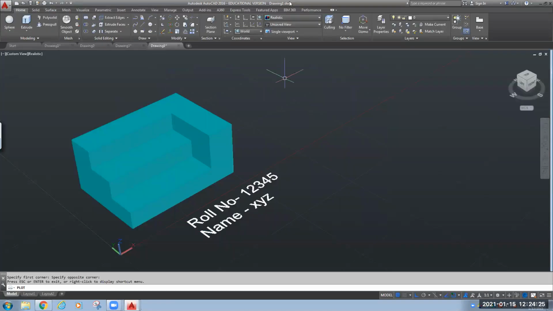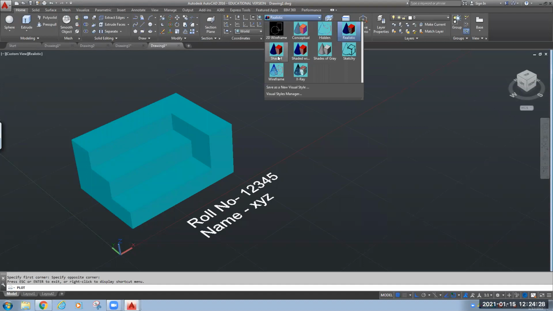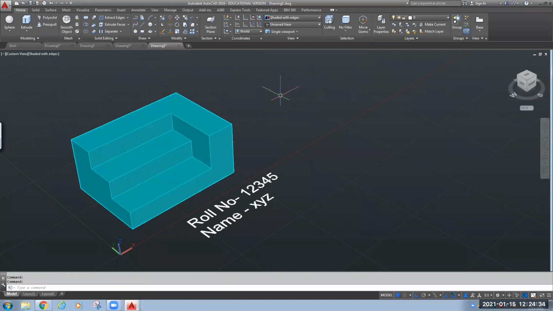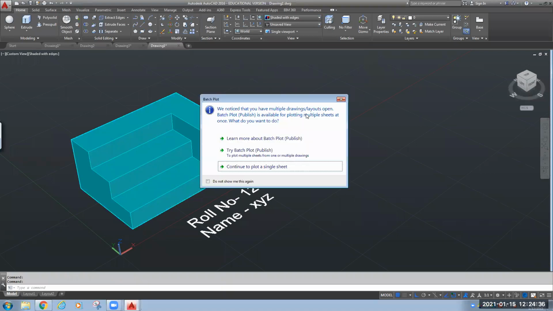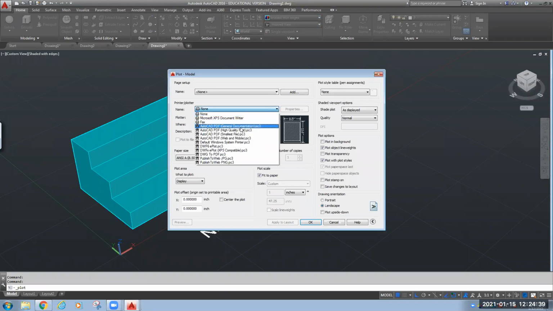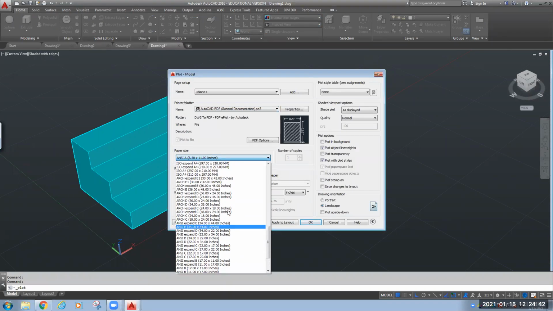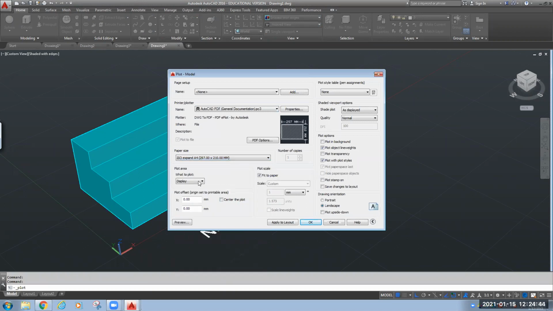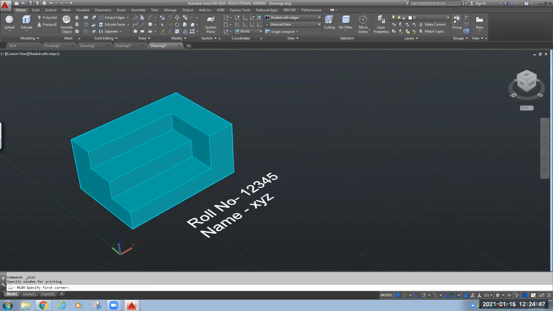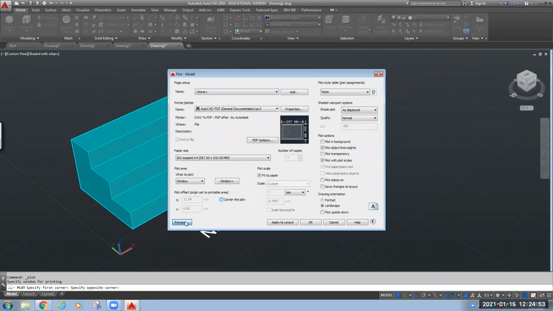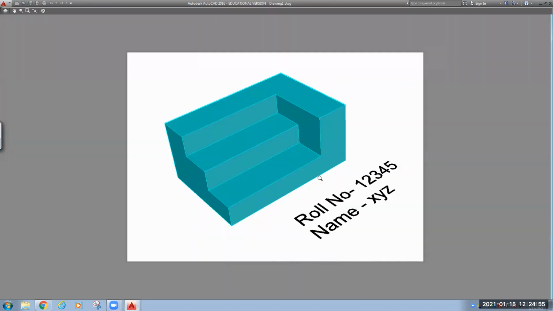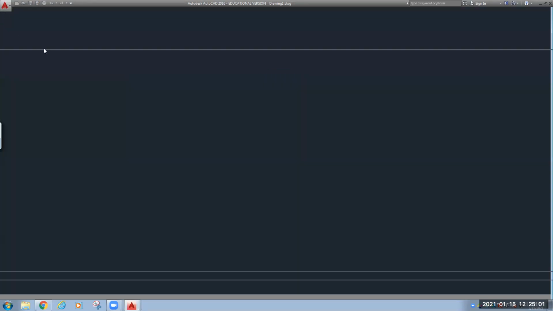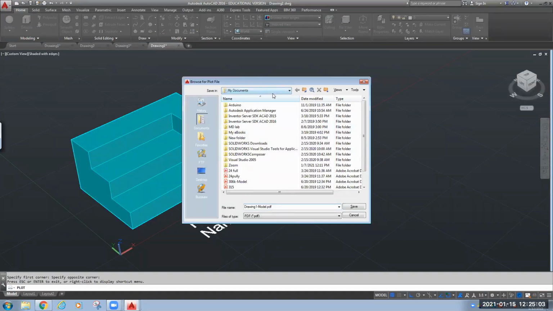shaded with edges also. Let me see whether it is visible or not. Shaded with edges. Let us check whether this view is properly visible or not. Yeah, this is looking good. This is looking good. So by this you can take the printout, click on this plot, and in your working